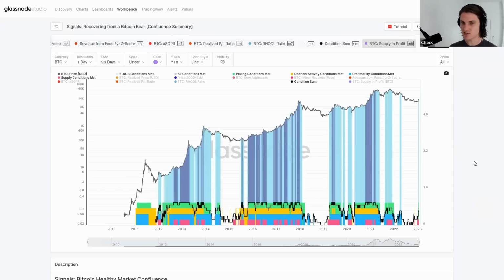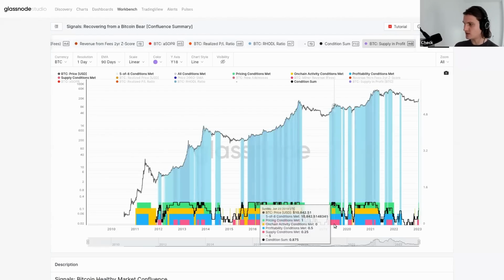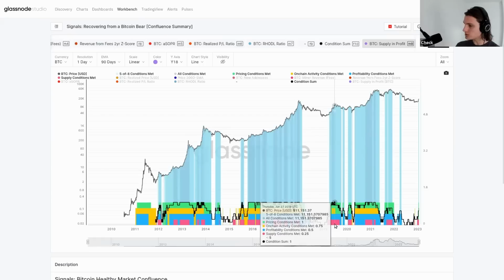This particular chart is the end goal that we're going to get to. But I want to take it right back and look at the different components that go into it. This model is a distillation of 8 different metrics, broken into 4 different concepts, on-chain topics, let's say. The purple is looking at supply. What do the supply dynamics look like? Who owns what? Do we have a hodler-dominated market? Is there enough inflowing demand? The blue is looking at profitability.